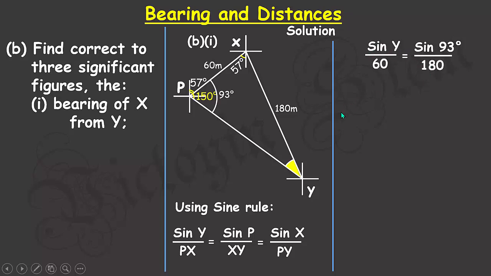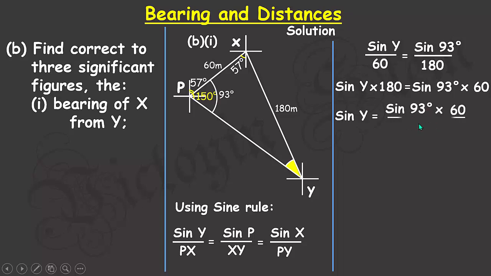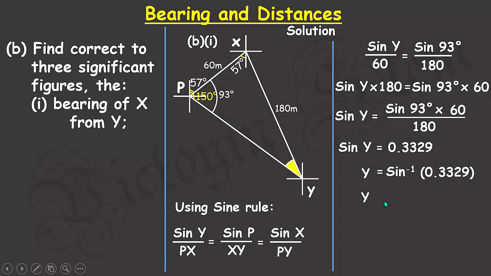So I'll cross multiply: sine y multiplied by 180 meters equals sine 93 degrees multiplied by 60 meters. So I'll divide both sides of the equation by 180 meters. So sine y equals sine 93 degrees multiplied by 60 meters divided by 180 meters. So sine y equals, if you resolve this fraction, it boils down to 0.3329. Y will be the sine inverse. This symbol is sine inverse of 0.3329. Y will now be equal to